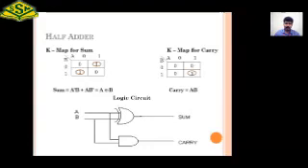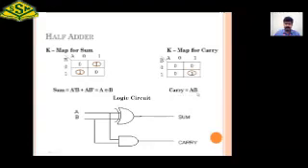Based on the grouping, we have written the expression for sum. The sum expression will be A bar B plus A B bar. As we all know, the XOR expression is A bar B plus A B bar. So this lengthy expression has been simplified into a single XOR gate, A XOR B. For carry, in the carry K-map we have only one single grouping, so it gives us the expression carry is equal to AB.